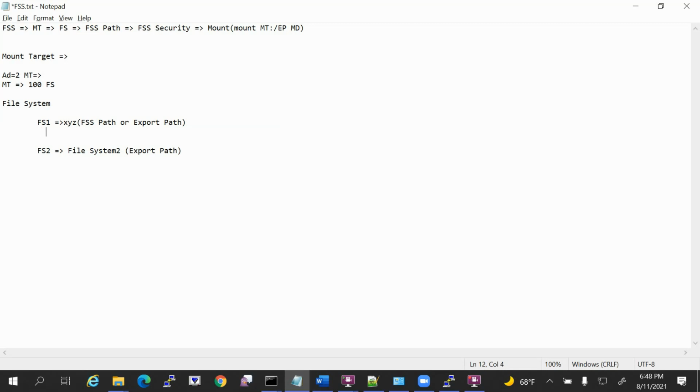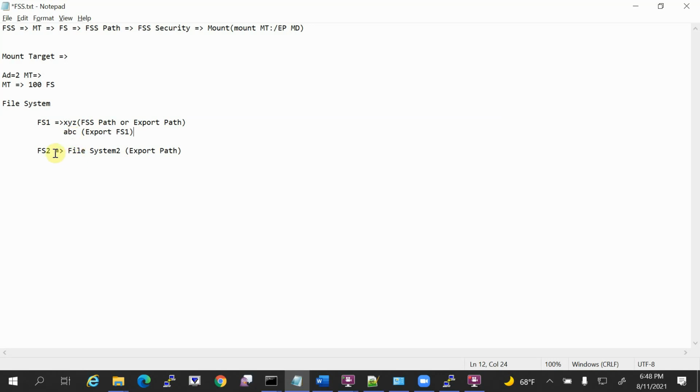For example, the same file system FS1 can be referred to by XYZ as well as ABC. This is also an export path for FS1. So in this case, the file system FS1 is referred to by export path XYZ, and it is referred to by another export path ABC.